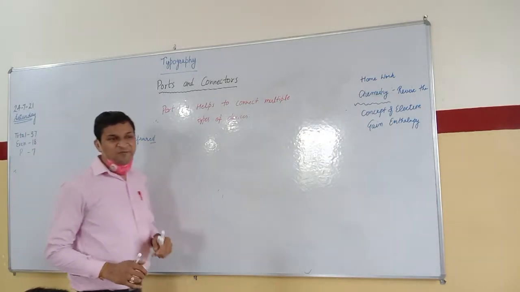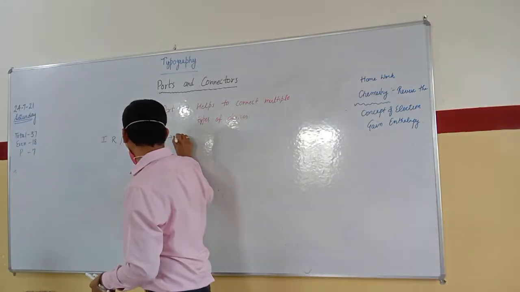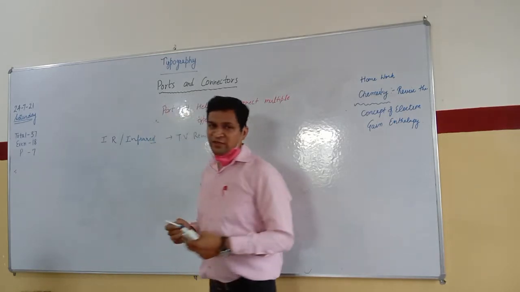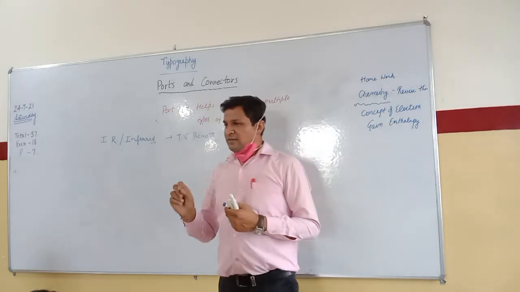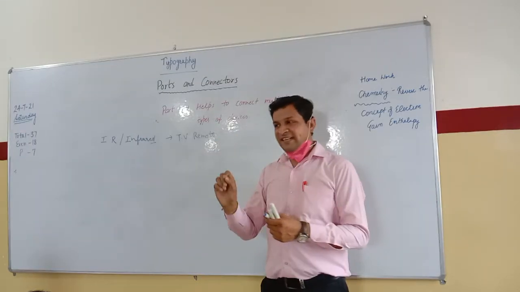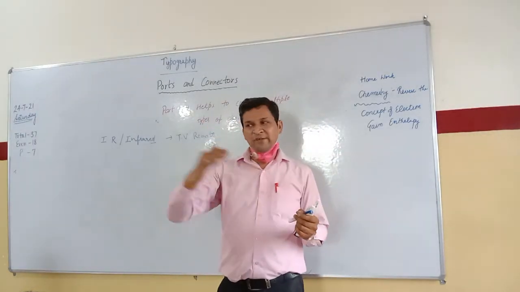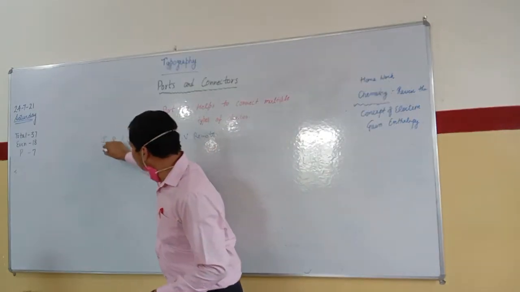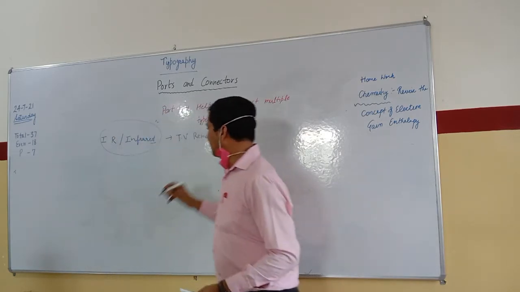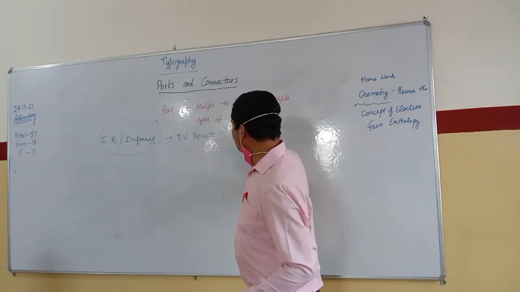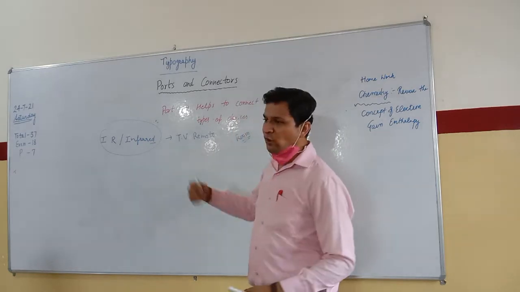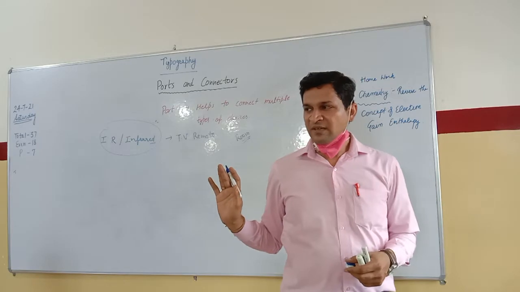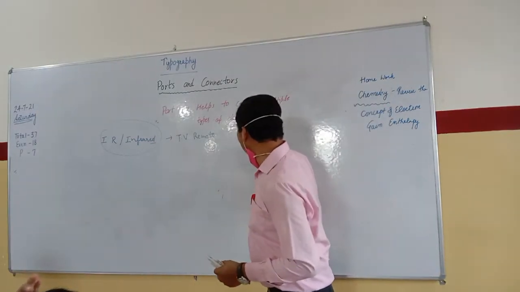The best example of infrared is your TV remote. If you look at the structure of your TV remote, in front of the TV a small glass is there. That glass helps to transfer data from the remote to the TV. The technology that covers this distance is known as infrared. It can cover approximately one room distance. It cannot cross a wall. If the TV is outside the wall, it cannot work properly because its range is approximately 5 meters.